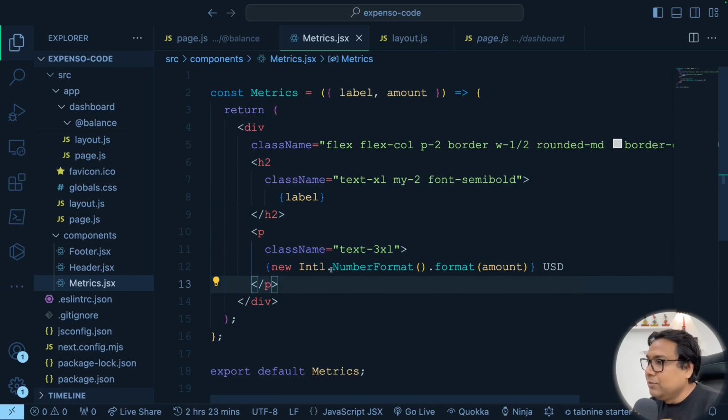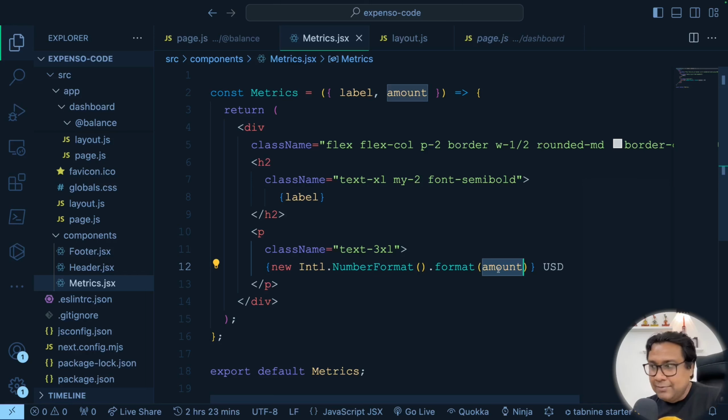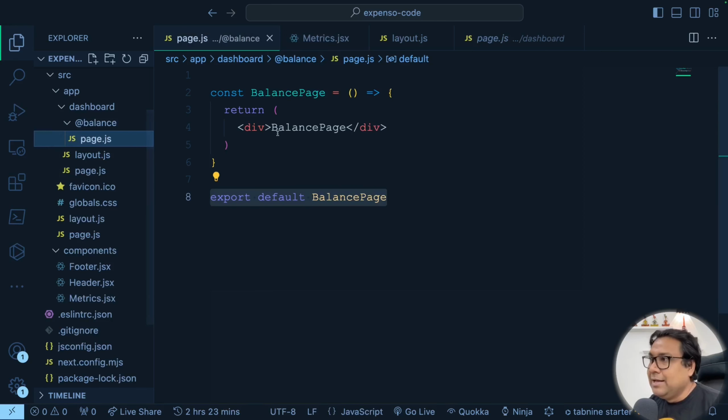But here we are using plain old JavaScript's number formatter and using US English as a basic locale for formatting this number, the default one, and we're formatting any amount that gets passed to it. So basically a text label and a particular number format. Now, if I go to our balance segment and inside that, if I go to page.js, instead of this div